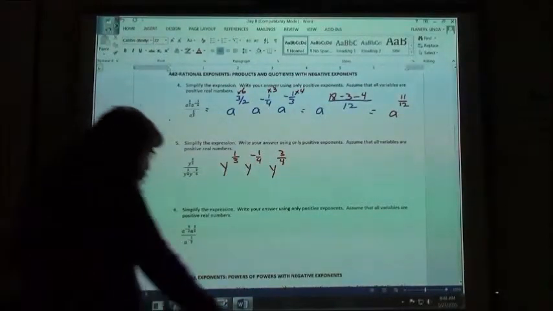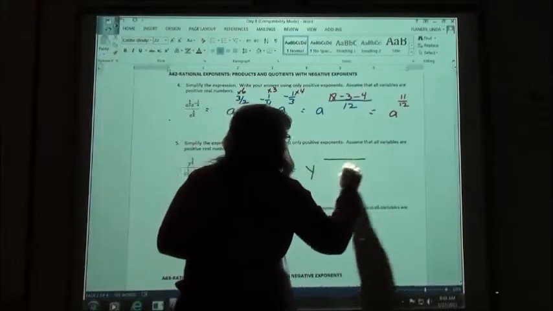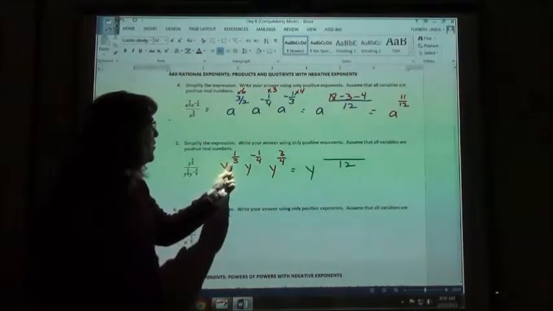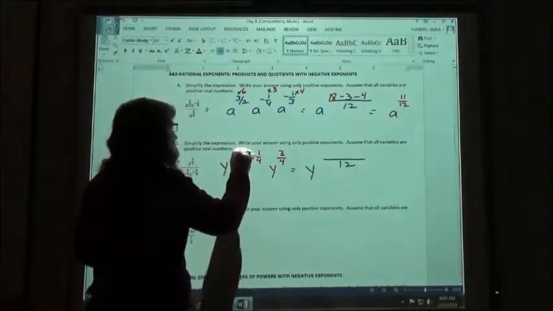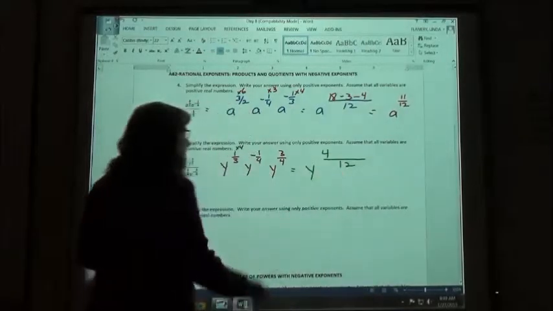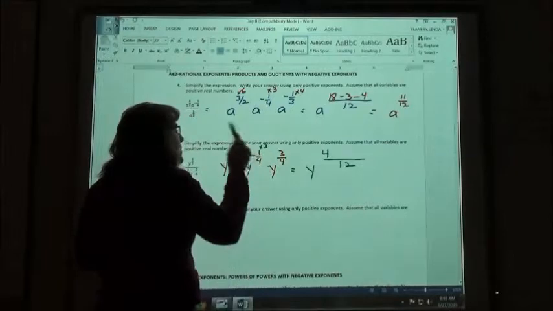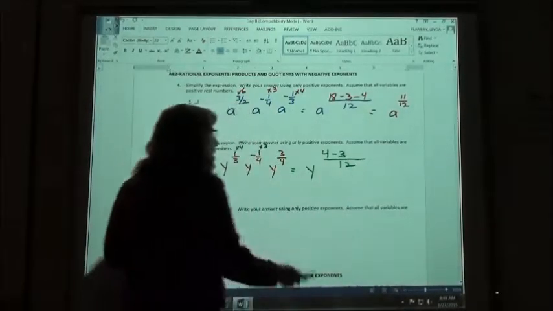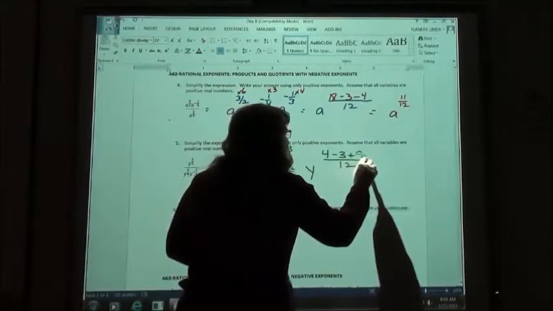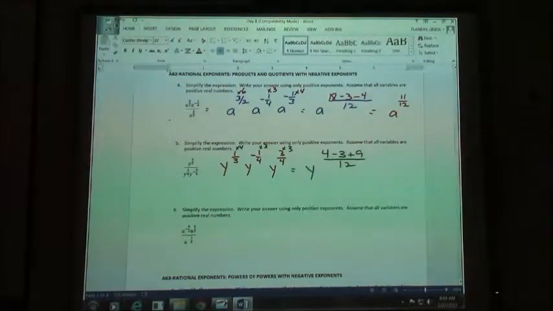Again, I'm going to find my common denominator. In this case, it's going to be 12 again. And make my equivalent fractions. 3 goes into 12 4 times. 4 times the one on top is 4. 4 goes into 12 3 times. 3 times minus 1 would be minus 3. 4 goes into 12 3 times. 3 times 3 is 9. Positive 9. So 4 minus 3 plus 9 would give me